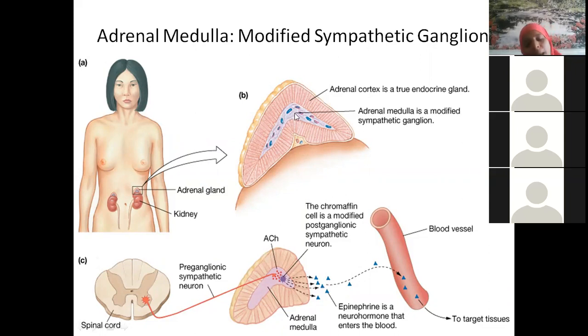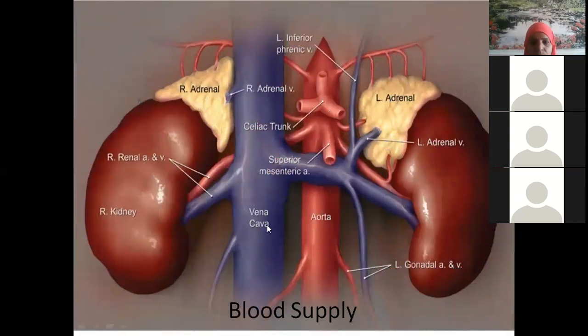Embryologically, it is a derivative of neural crest cells. For the few students who are with me right from the beginning, I told them neural crest cell derivatives are very, very important when discussing CNS development also. So the adrenal medulla is developed from the neural crest cells. Very good, ectoderm.